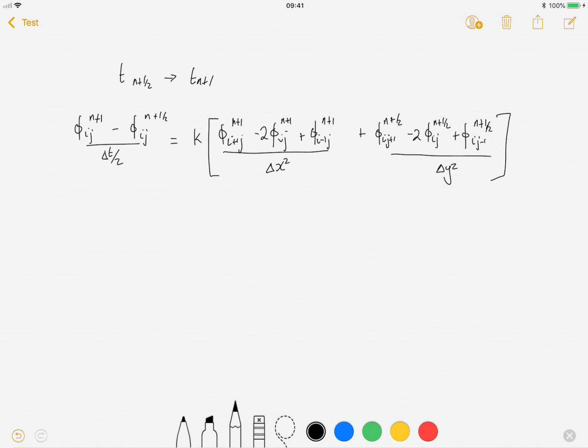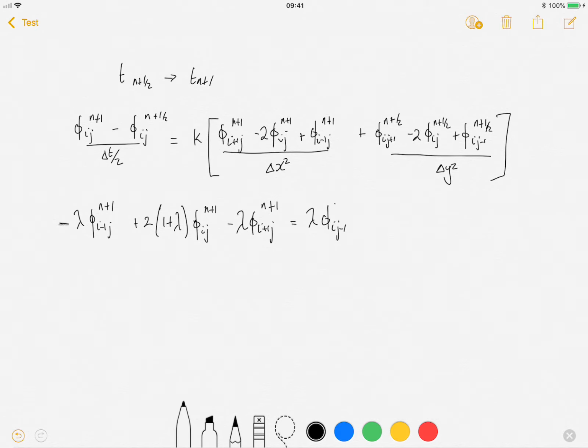Okay, and this can be summarized as −λφ_(i−1,j)^(n+1) + 2(1+λ)φ_ij^(n+1) − λφ_(i+1,j)^(n+1) equals λφ_(i,j−1)^(n+1/2) + 2(1−λ)φ_ij^(n+1/2) + λφ_(i,j+1)^(n+1/2). So quite tedious,